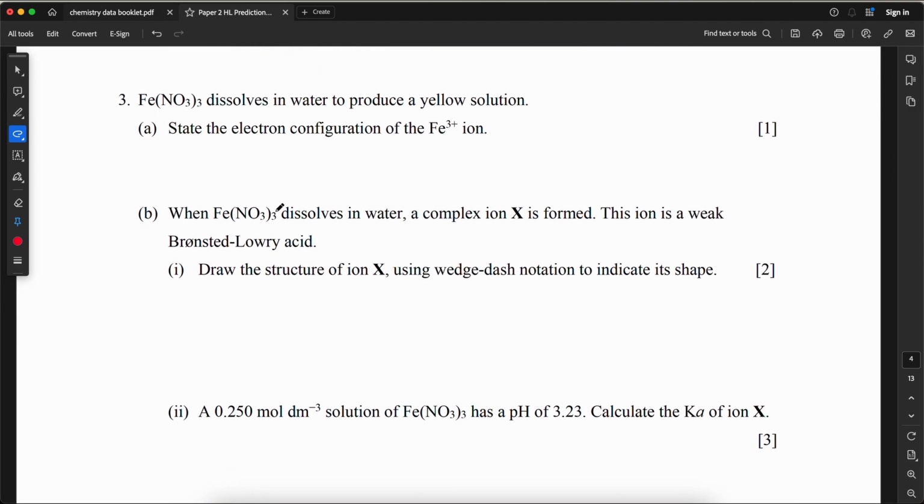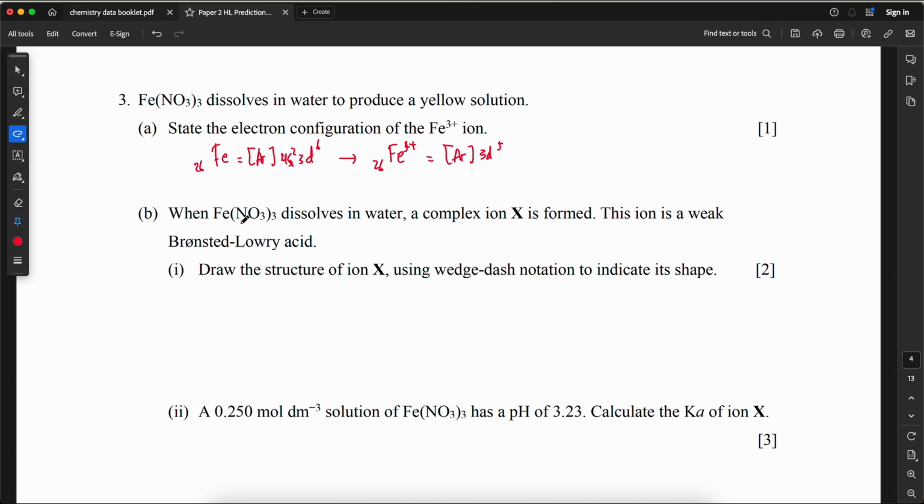Fe(NO3)3, iron nitrate, dissolves in water to produce a yellow solution. State the electron configuration of the Fe3+ ion. For Fe only, that would be Ar 4s2 3d6, okay. For Fe3+, you will take 3 electrons, 2 from 4s2 and 1 from 3d6, so that would be Ar